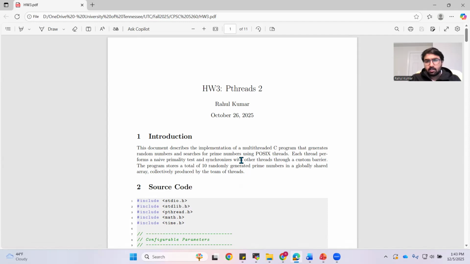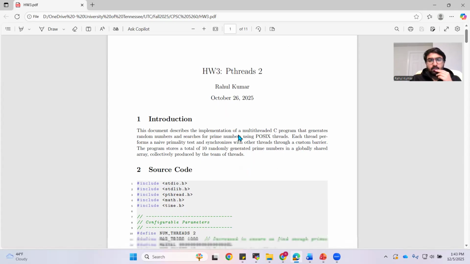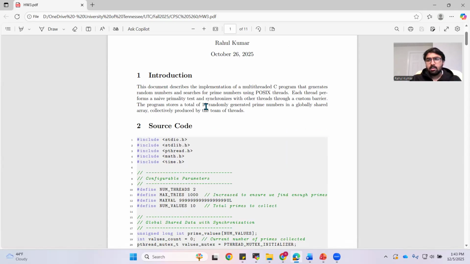Pthreads are one of the parallelism approaches that is available for thread-based parallelization. And in this exercise, we will be generating 10 random prime numbers, and we will be using a mutex lock and barrier synchronization